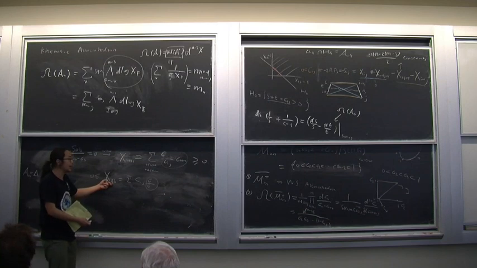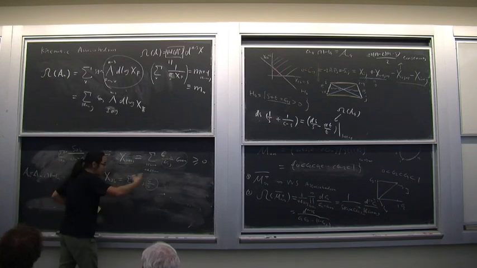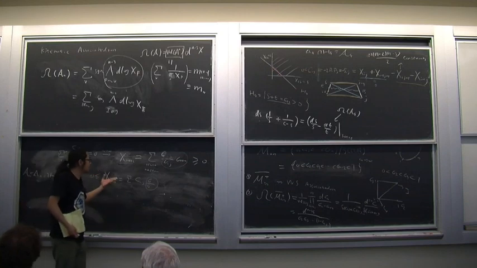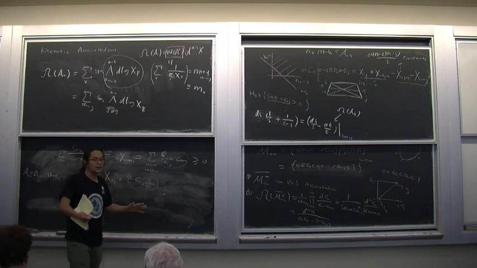How do I get this guy? Remember this is just some planar variable, the sum of p's between A and B. I can write it in terms of these guys and some non-adjacent guys, and non-adjacent guys are Cij again, right? So I just shuffle them in, and you show that this is a manifestly positive combination of positive cross ratios where coefficients are given by Cij. So this is